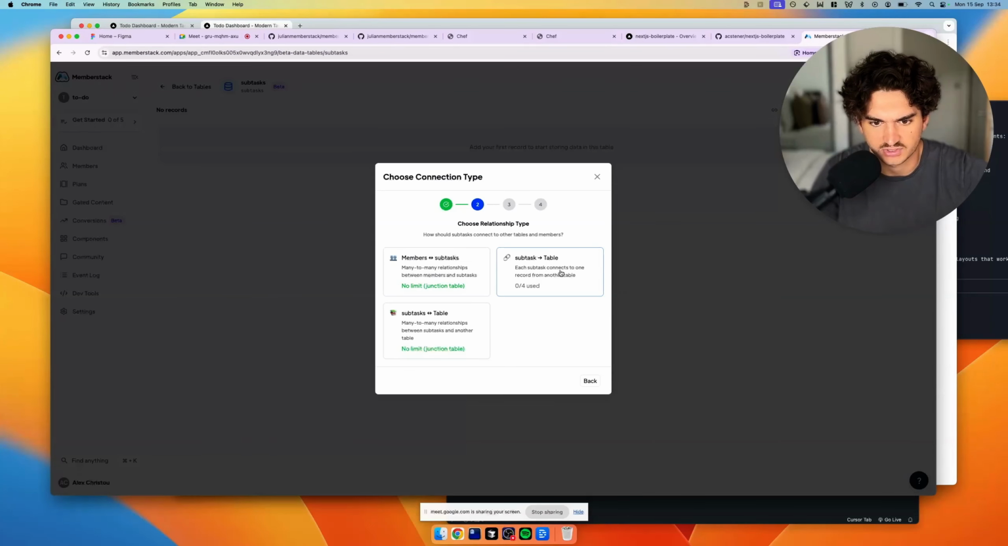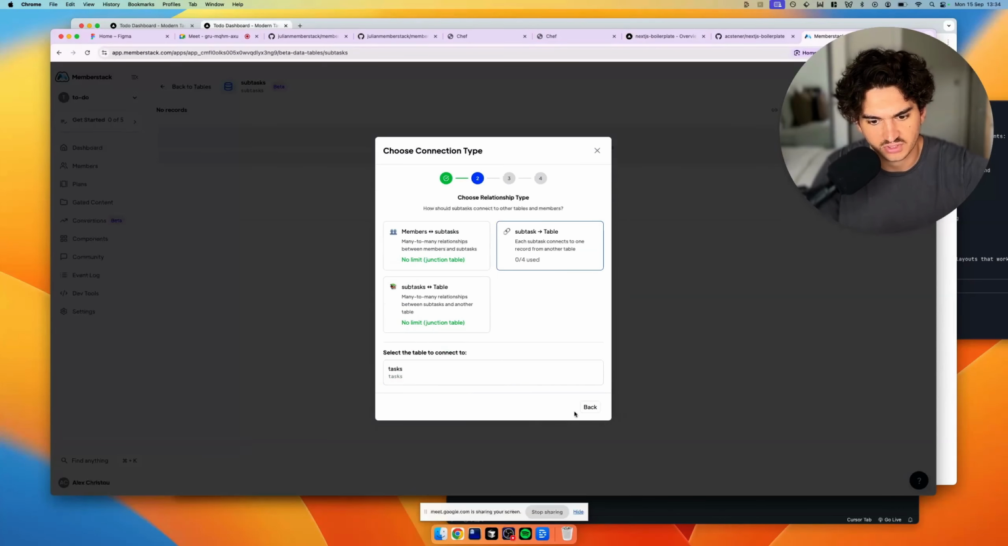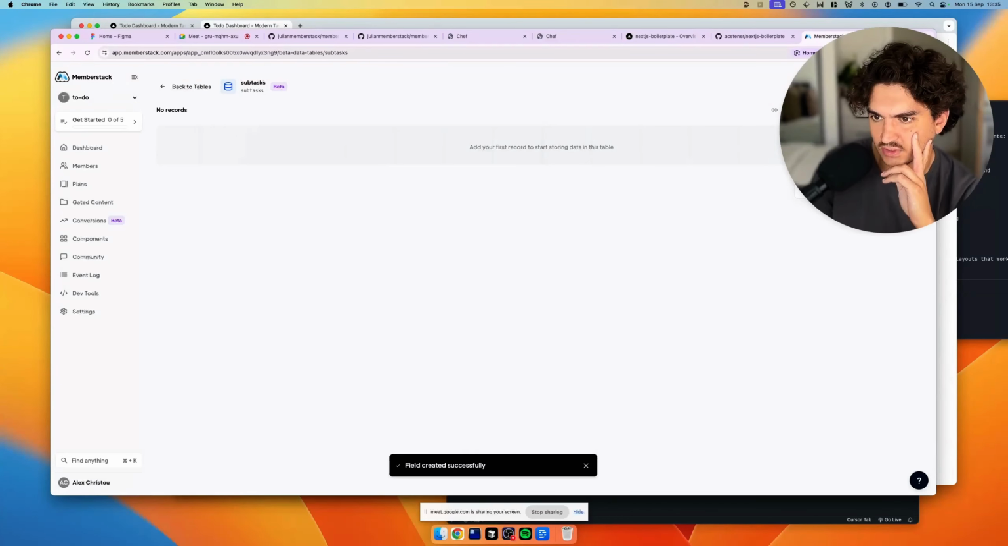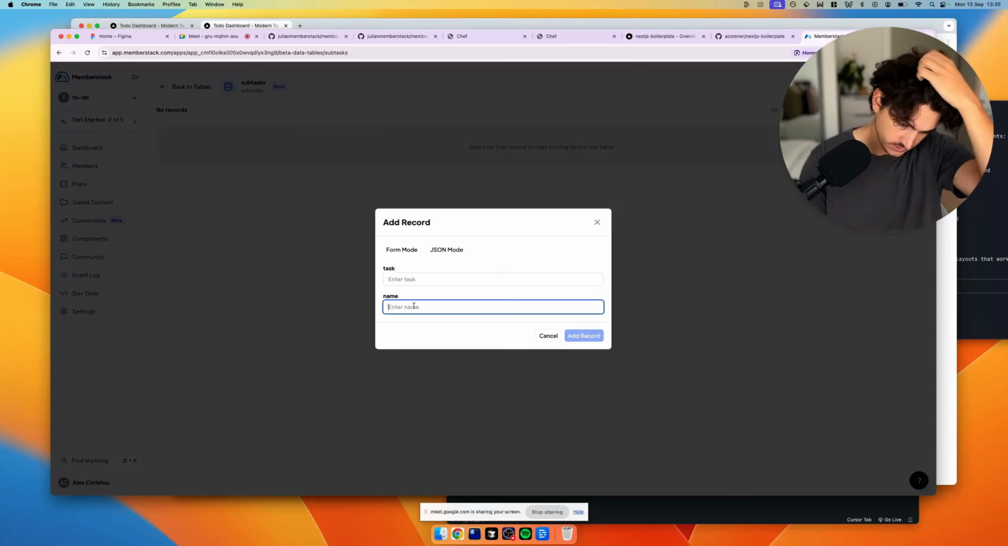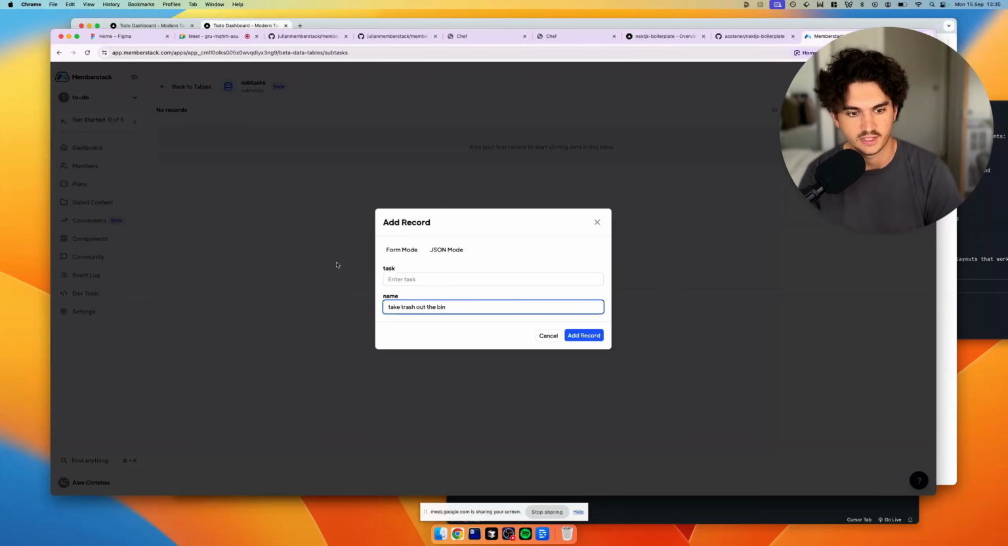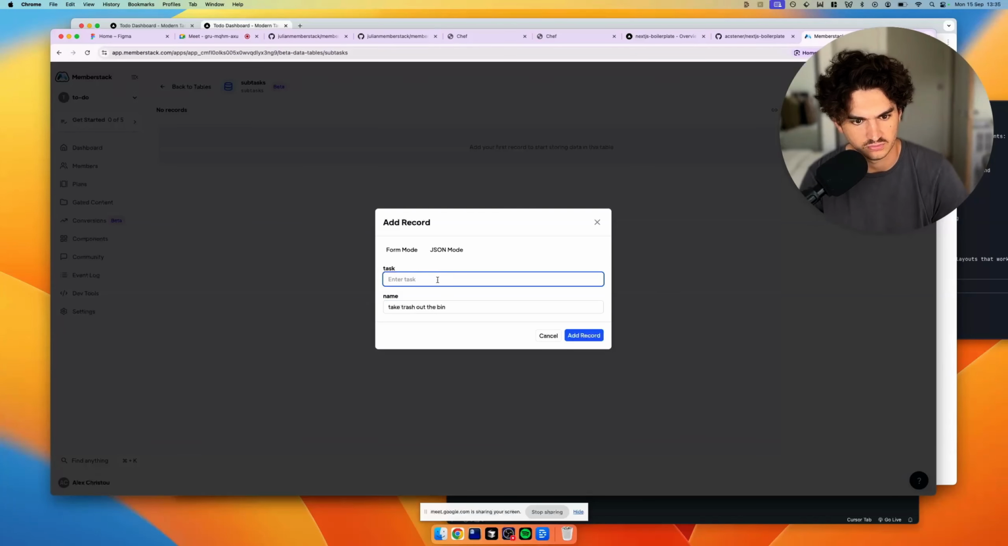So each subtask connects to one record from another table. Yeah, that's what you need. Select the table to connect to task. Yeah. Okay, so now we add a record name. Take trash out the bin, and then that would be connected to... It'd be good to have a